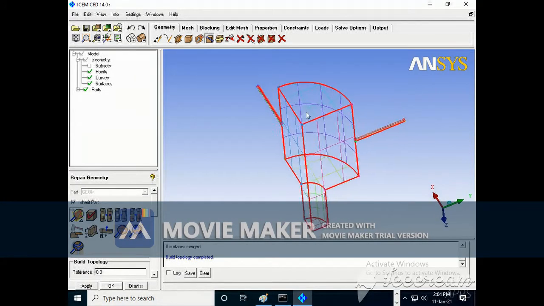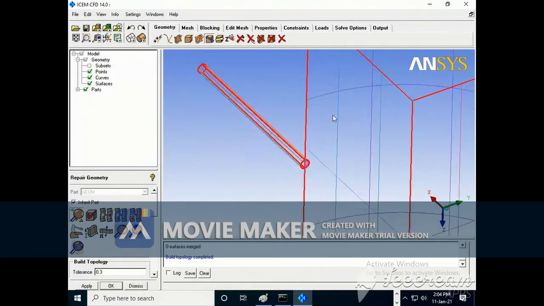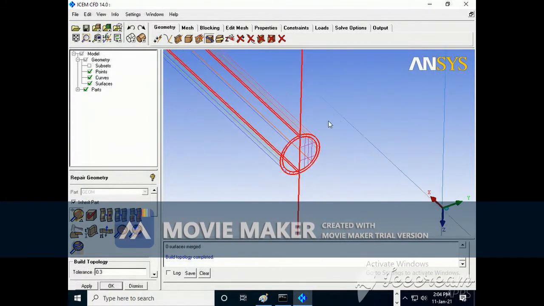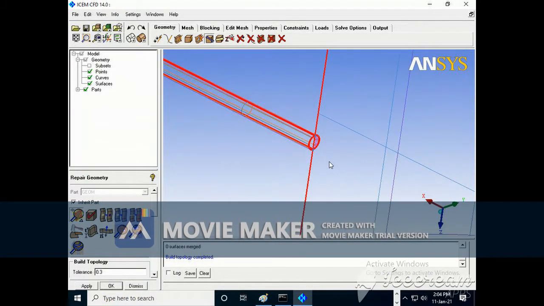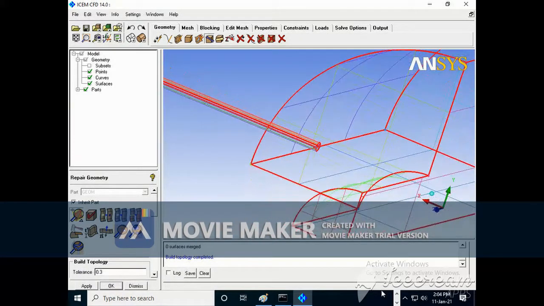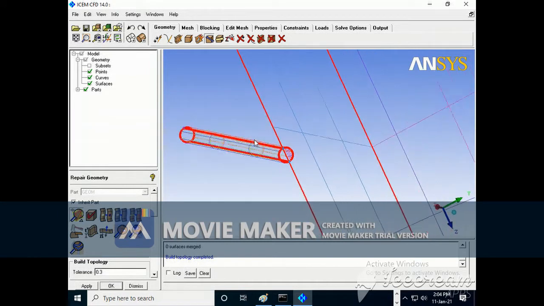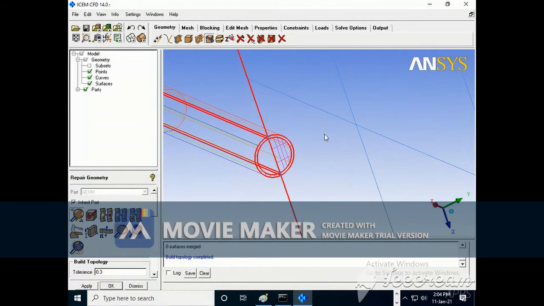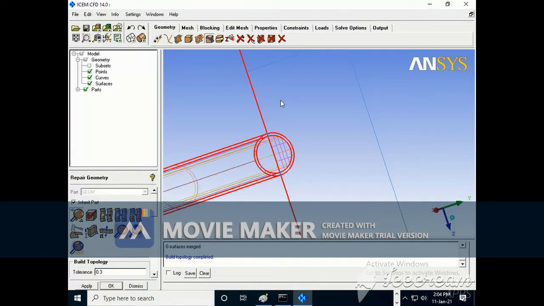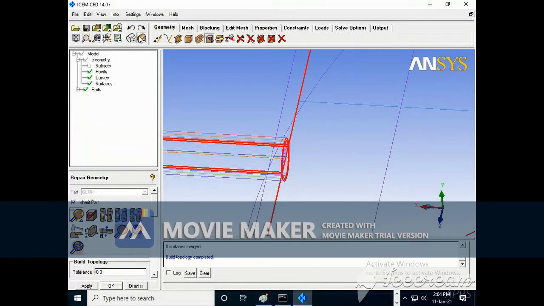Okay, so next part, as you can see here, only half of the portion is required here in this part. In the same way, in different geometries you can find such cases. At that time you can delete it or modify it depending on the user.